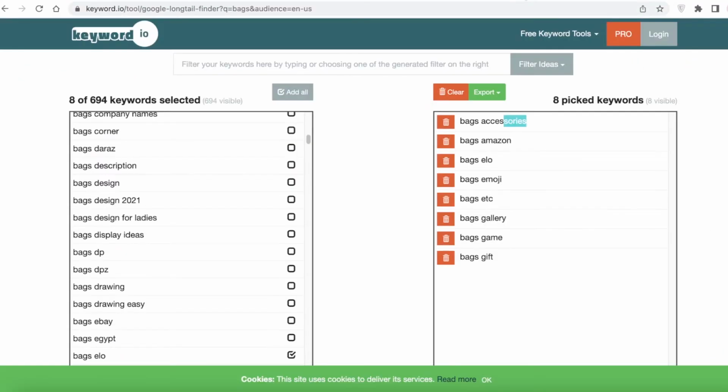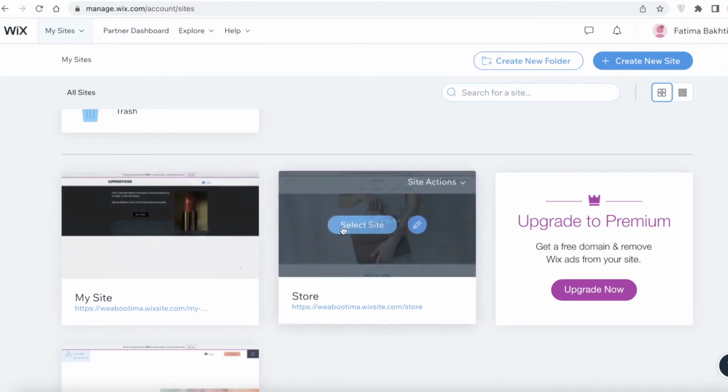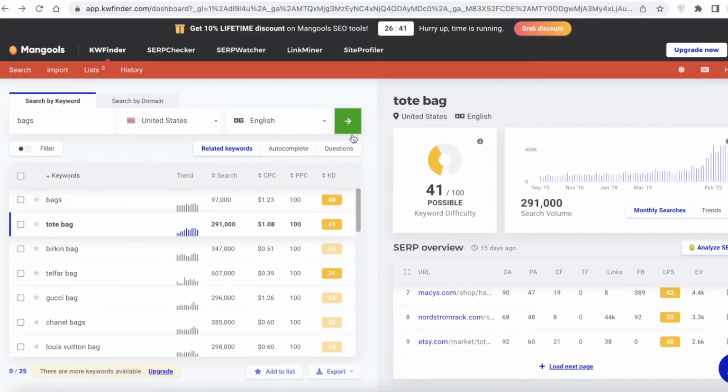Now, if you take a look at all of these keywords, you can go onto your select site over here, and then you can begin editing your product and add these keywords one by one, or you can also download these files. So you have the download options over here as well, where you can just click on export over here, and then you can just select whatever keyword. So you can select quite a few, and then you can click on export,